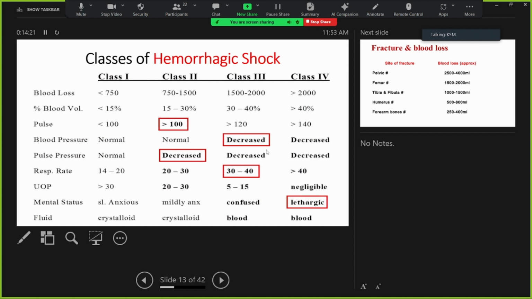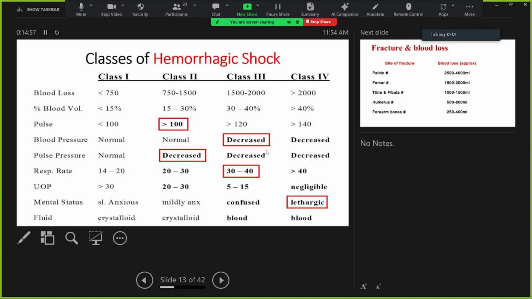So I will display these classes of hemorrhagic shock, which we have been looking at since our medical student days, but there are very important things we can get. One is, even if you lose about 30% of blood, as in class 2, your systolic blood pressure will be normal. So normal systolic pressure does not mean this patient does not need any fluid resuscitation. And also the other thing, when the blood pressure is low,